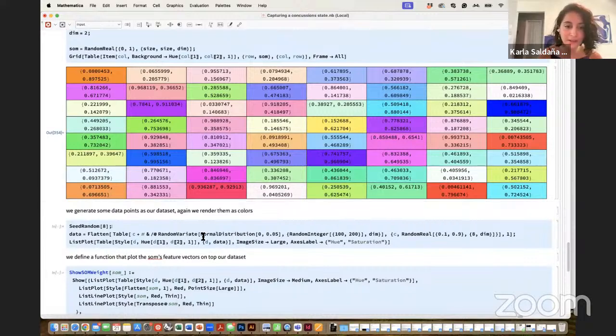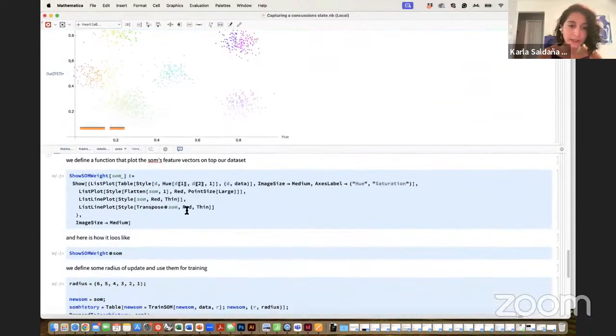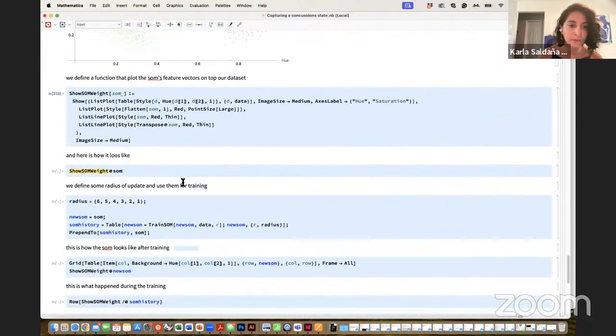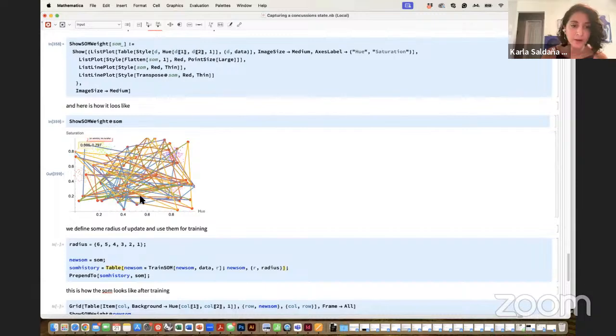It starts like this if you're playing with colors, but then if we plot the data it looks more or less like this. And when you're training the SOM, the first iteration is trying to map each cell to the corresponding color that you're looking at. Now, because it's not trained, it fills at random.